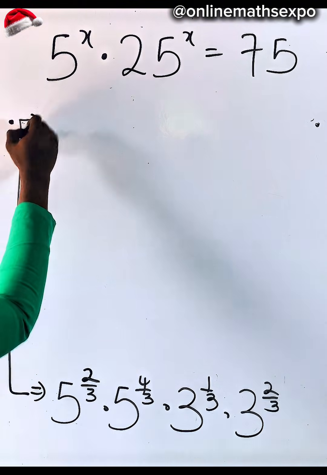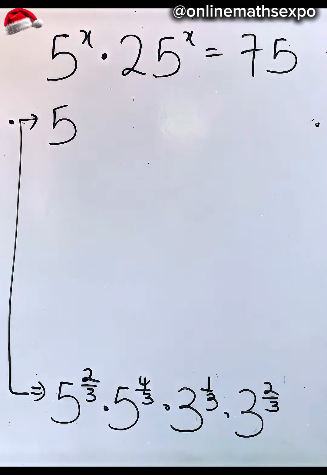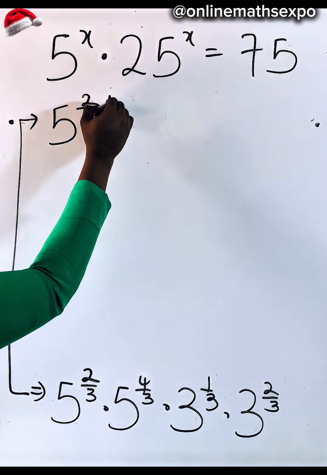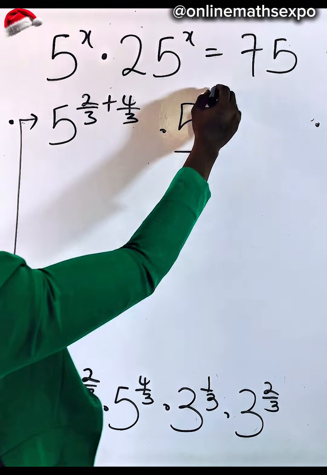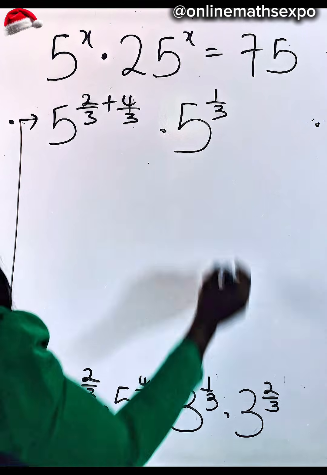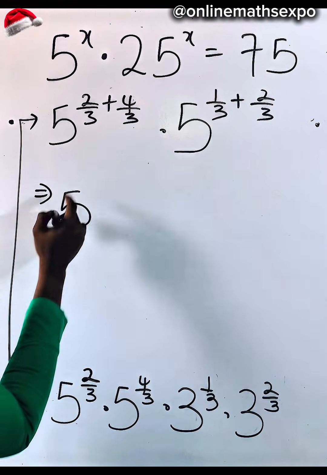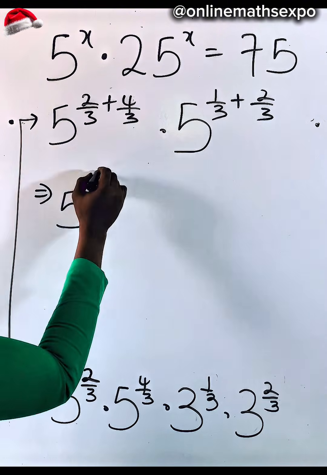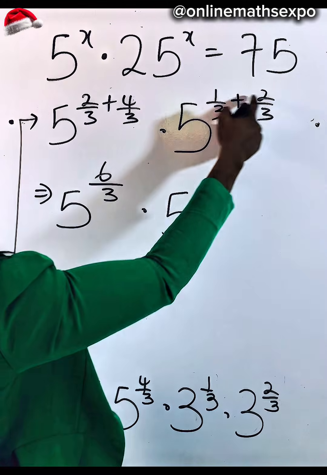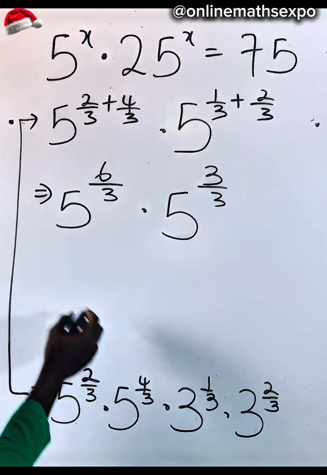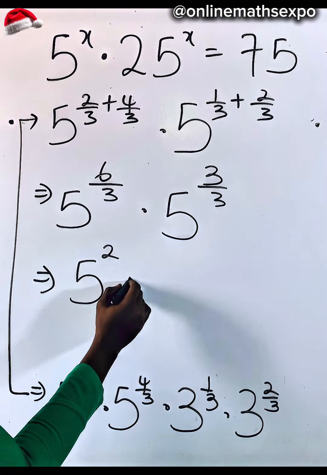So this will now give us 5. Remember, the bases are the same, so add the powers. So we have 2/3 plus 4/3, then multiplied by 3 to the power of 1/3 plus 2/3. They add the numerators, so 2 add 4 gives us 6/3, multiply, add this, it gives us 3/3. So if you divide this, it gives you 2 multiplied by,